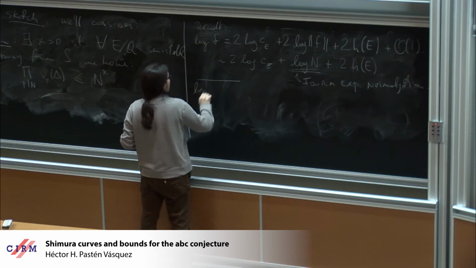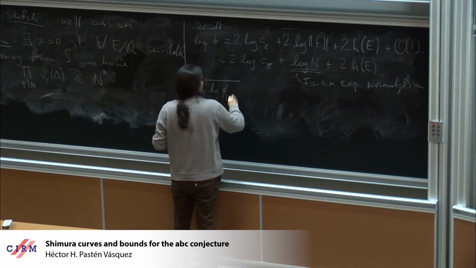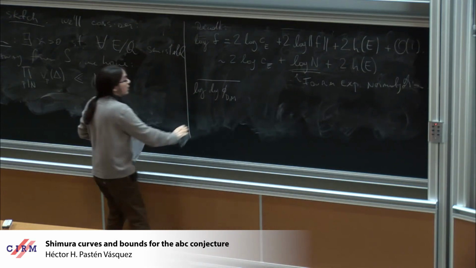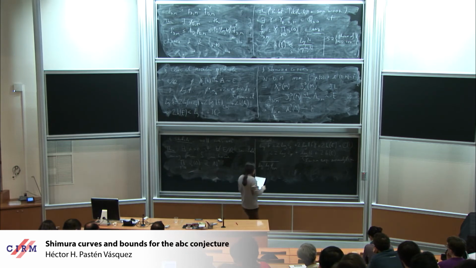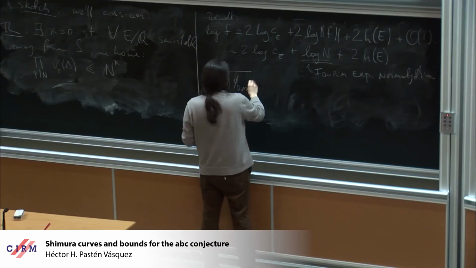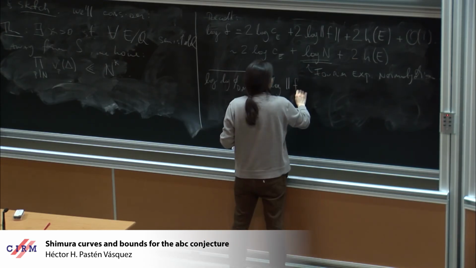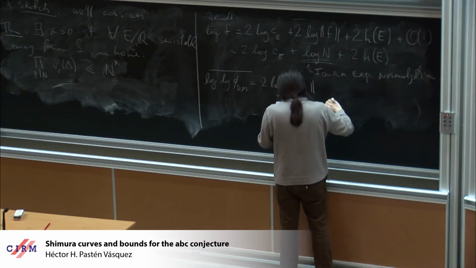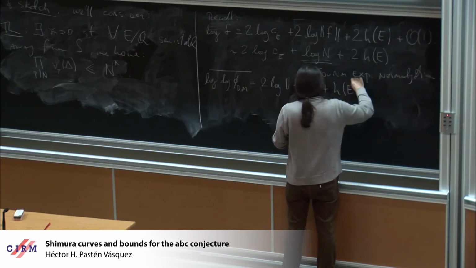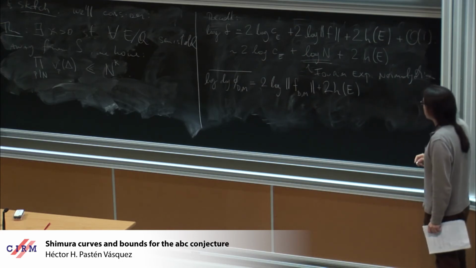So the logarithm of the degree of this phi dm, which, as we agreed, is more or less the same as delta dm, okay? So I think I mentioned that before. Yeah, it's there, okay? So it's more or less the same. But this is the geometric realization of the other number. So this is equal to twice log Peterson norm of what I'm going to call FDM. And this is a quaternionic modular form, actually, plus, sorry, there is a 2 here, twice the Faltings height of E, where